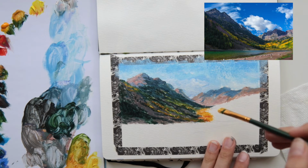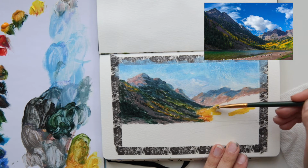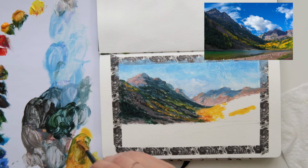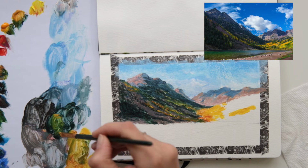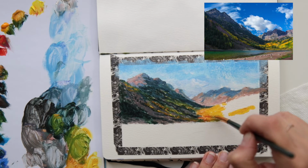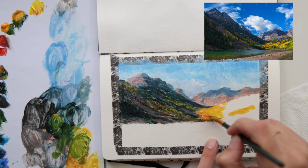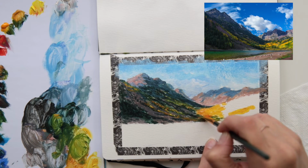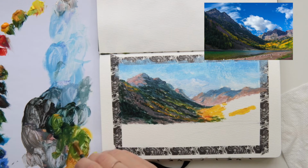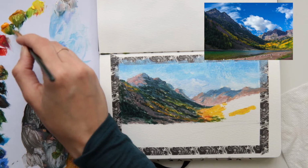But not too much, not so that I end up with a flat color, but just so I have enough interest in there, because we don't know exactly what trees grow in that area, but we do know that there are definitely going to be different ones, and they all kind of change their color differently. This, I would say, is beginning of fall probably, just because not all of the trees are turning